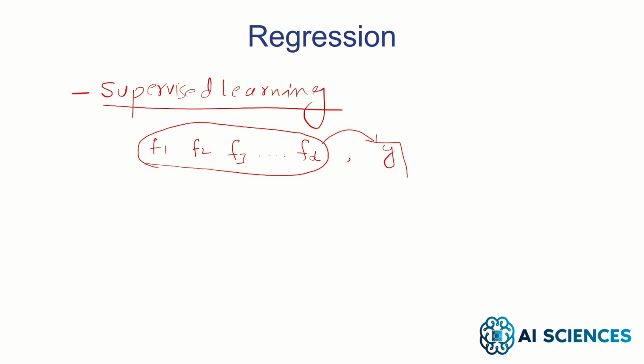I'm not calling it a label because label is more specific to classification, because when we talk about a label, we think about some finite categories and so on. I'm calling it a target. If this target is some continuous value, it is not a categorical attribute. For example, if we want to predict, let's say, y is the price of a house,